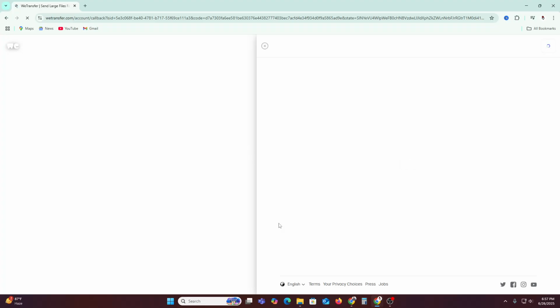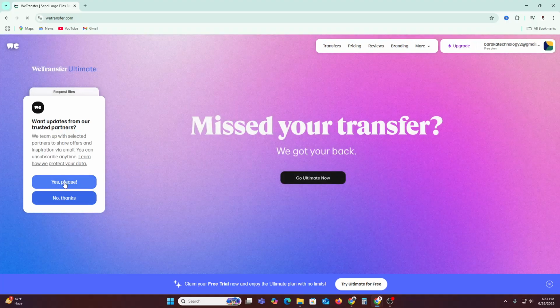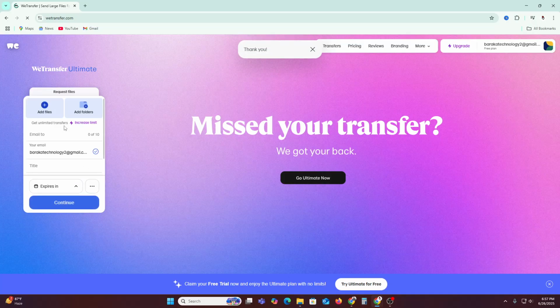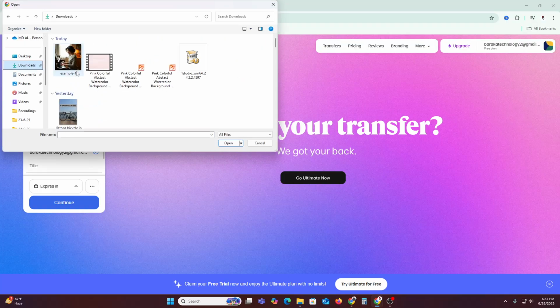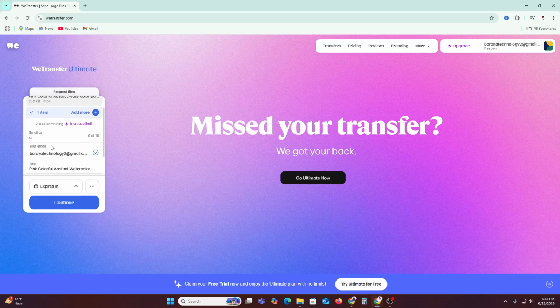So here eventually you can see it. I will click I agree. Then here, want updates from your trusted person? Yes, please. Now you can see this is the panel where we need to upload our file. So I will click add files, which file we want to share with our friends. So I will click this one, and here you can see that we already sent this email to